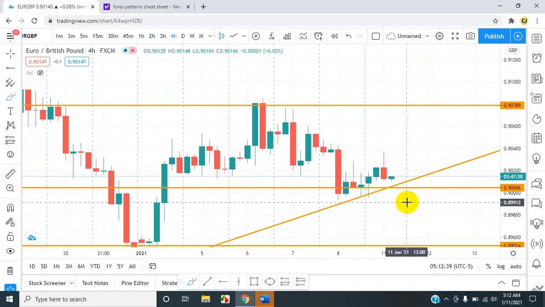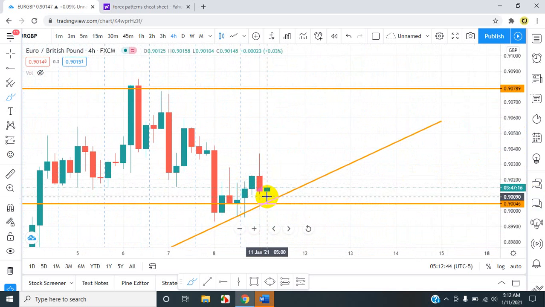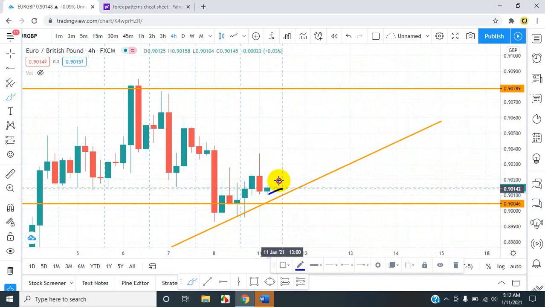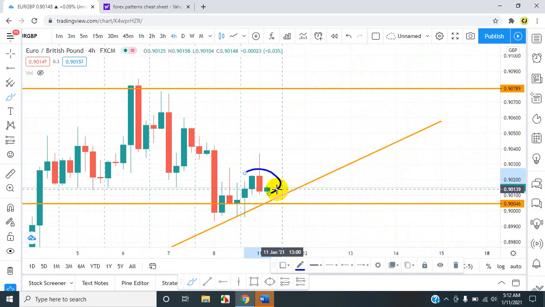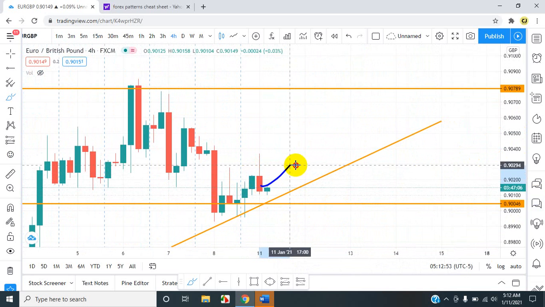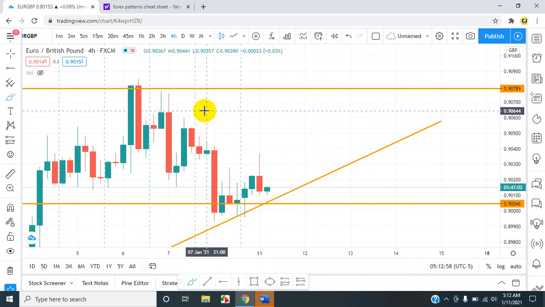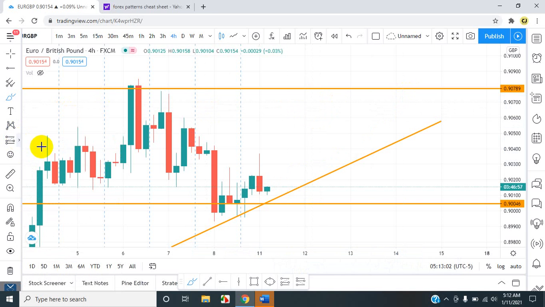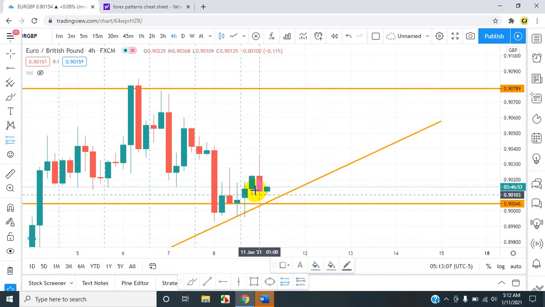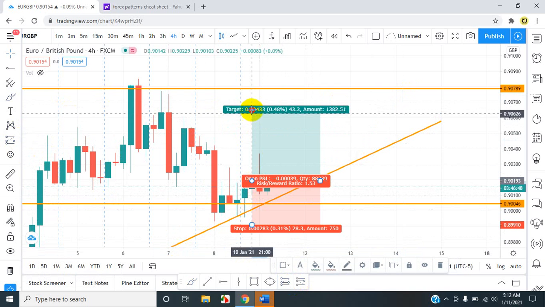So on a 4-hour or something like this, we'll probably look for an engulfing pattern. We'll probably want this green candle to overlap over this red one, and once it overlaps over this red one, we can take entry and we can ride it up for the buy all the way up to the top of this line here. So we found entry, let's say somewhere here. We'll take that up to the top